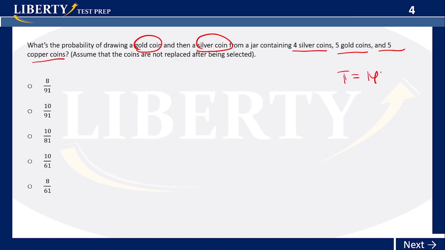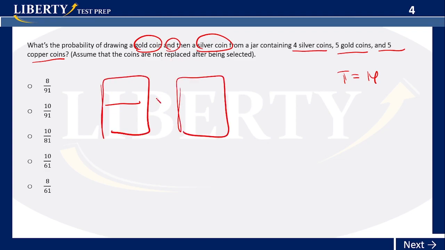Okay, that's my total. So here I'm going to say you want two things, right? So I'm going to put the first one here and the second one here, and then say "and." So it's a multiplication of two fractions. The first fraction is you want to get a gold coin, right? There are 5 gold coins, and there's a total of 14. So my first, getting the gold coin, would be 5/14, and then you want to get a